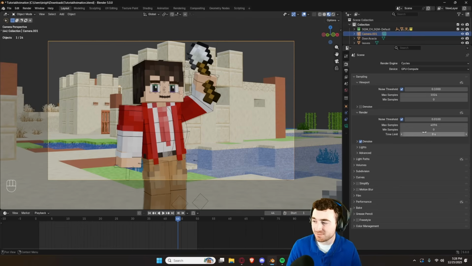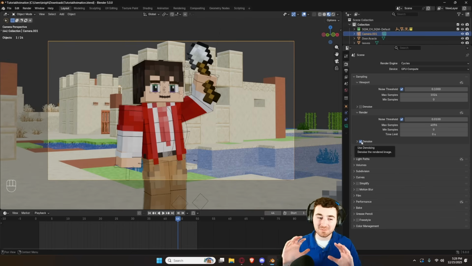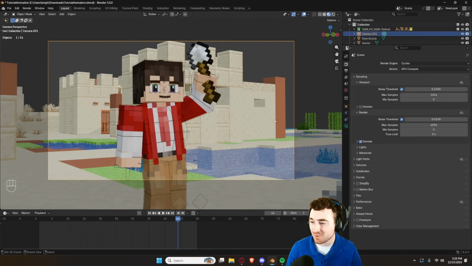So you'd want a lot of samples, and we didn't have this fancy denoise option. But now, if you just click this, it basically, as I coined the phrase, takes a wet finger and smudges all the noise everywhere. So basically what that's doing is if you have a very grainy image, what denoise does is it kind of approximates what should be where and smoothens out your image so you don't have that loss